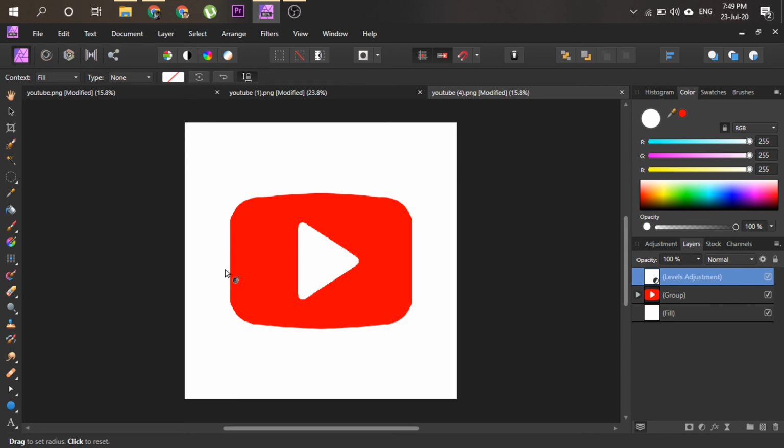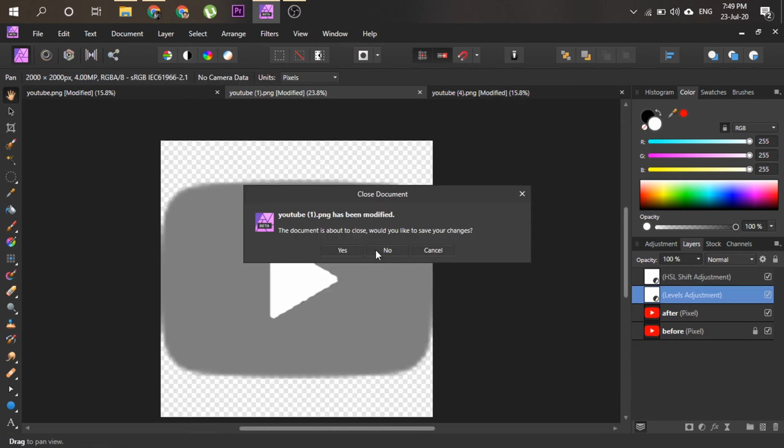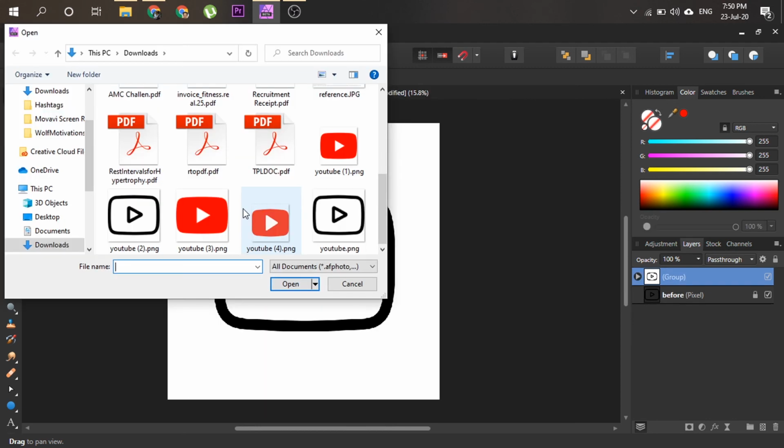Okay, now let's compare the original version of the image that I downloaded in high resolution from Flaticon. Okay, so I'm going to place the same image on this as well. So I think the original high resolution one is this one. Okay, and place it over here like this. Okay, now let's zoom and compare.